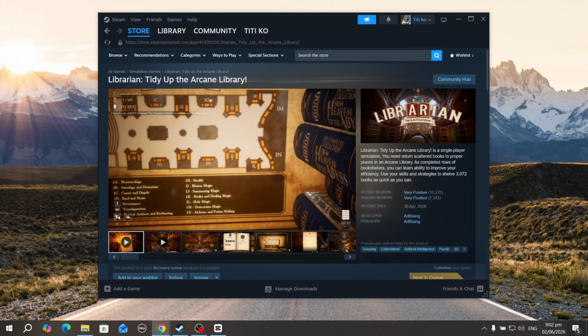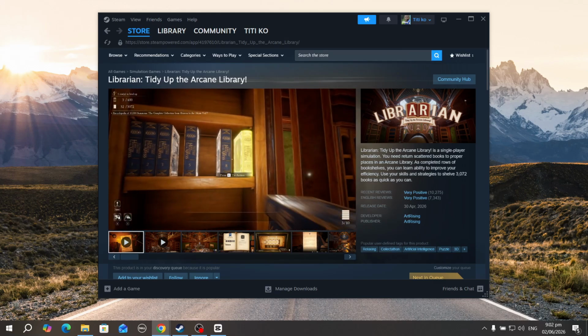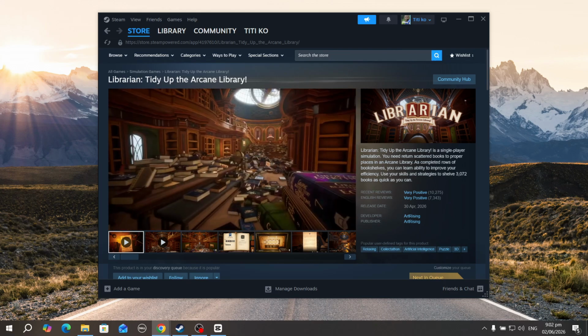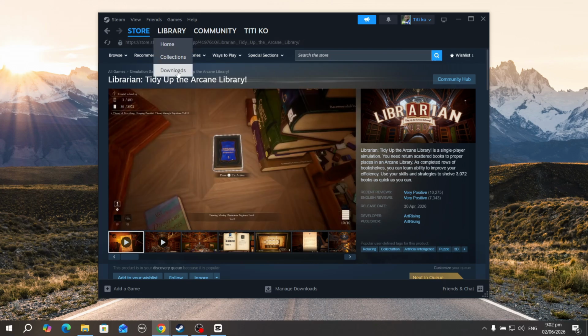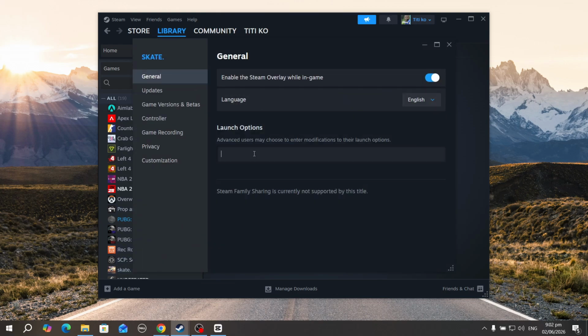Hello everyone. Today I'll show you how to fix Librarian Tidy Up the Arcane Library crashing on Steam. First, you will need to right click on the game in your library and open up Properties. Now in the launch options, you will need to add -dx11 and then go to Installed Files and verify